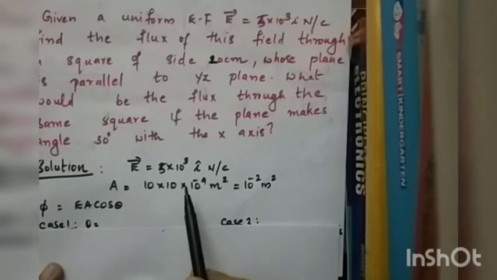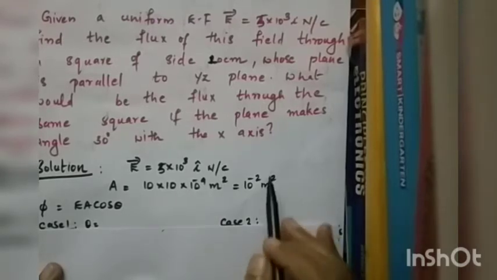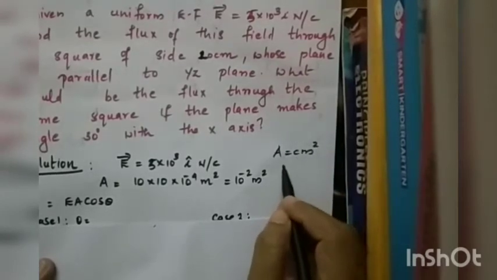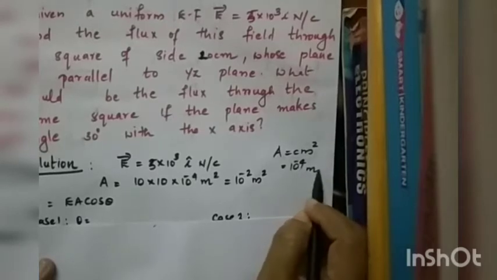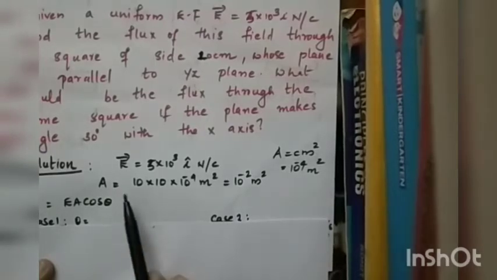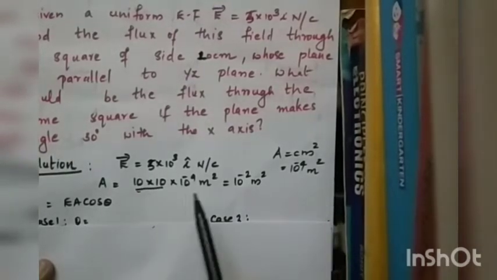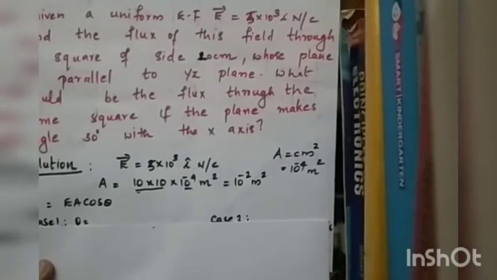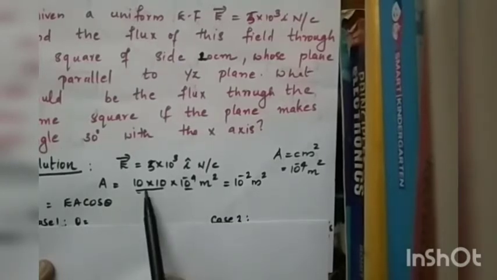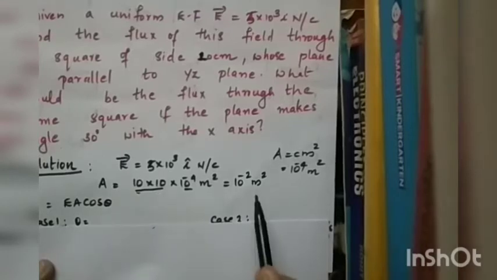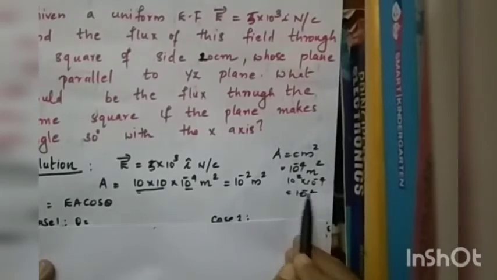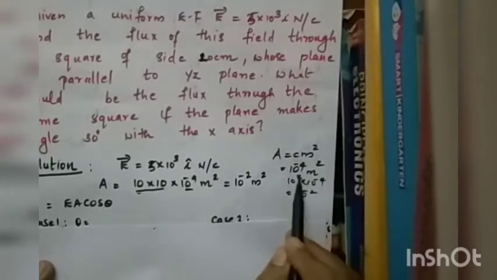Since we have centimeter square here, because you know area is obtained in centimeter square, how will you convert to meter square? Multiply it with 10 raised to minus 4 meter square. You will get the value in meter square. So area is A squared, which is 10 into 10 into 10 raised to minus 4. It is for conversion. And here 10 into 10 is 10 squared, so 10 squared into 10 raised to minus 4 is 10 raised to minus 2. Because you can simplify the powers.